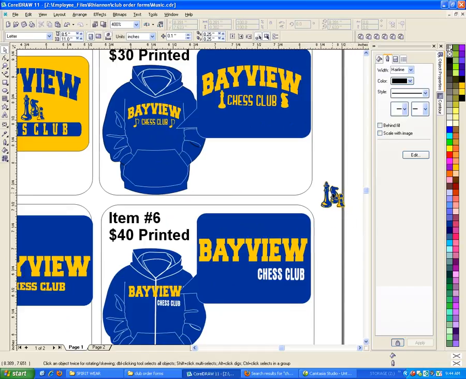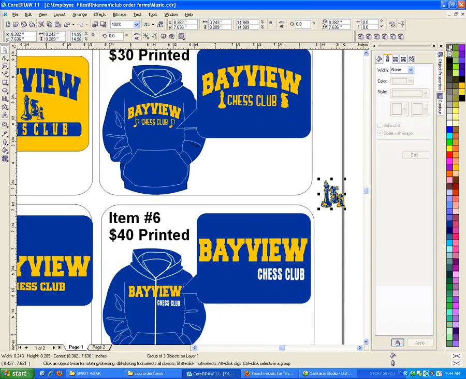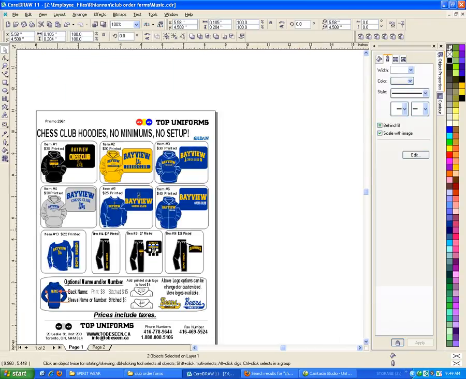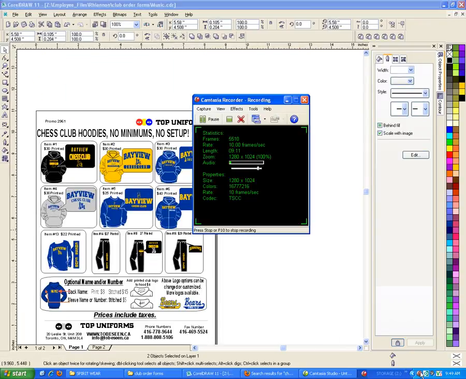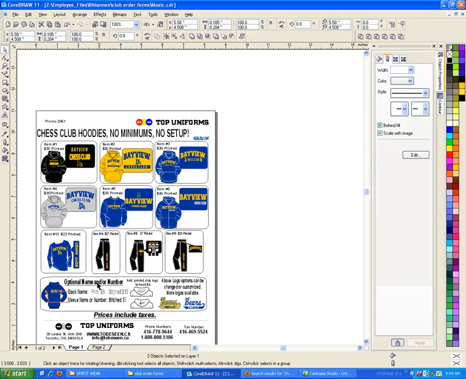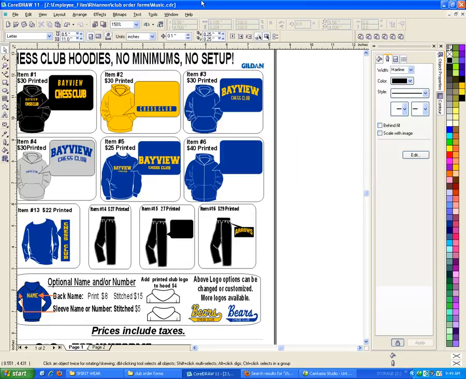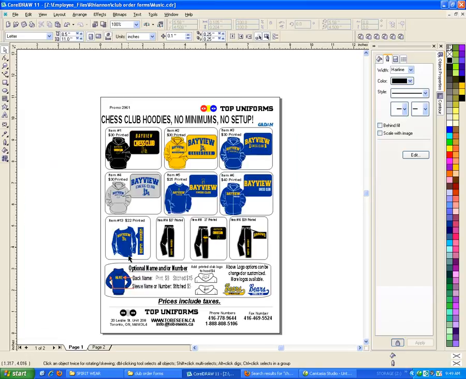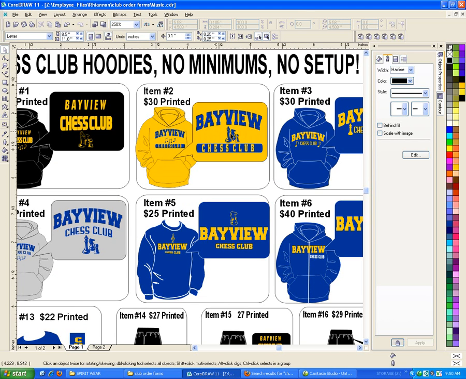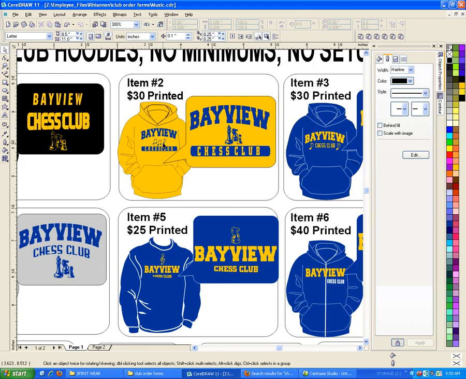Alright, so I think you get the basic idea with the changing here. So we're going to fast forward ahead. Alright, so I did get all the blown up logos done, as you can see. And the next step is to also take the logo you just created and put it onto the hoodie itself. So just as an example, we're going to take this logo here